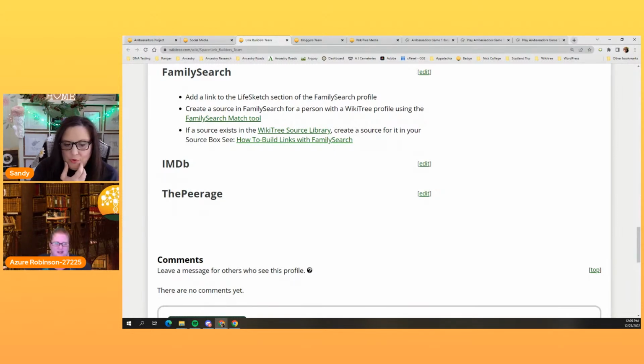But it's really important, I think, because I use almost exclusively FamilySearch for my sources. So yes, it's important to have that link on your WikiTree profile, but to me it is equally, if not more, important to have the WikiTree link on the FamilySearch profile so people can come back and see.